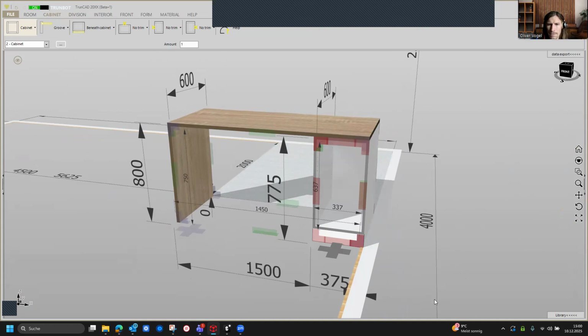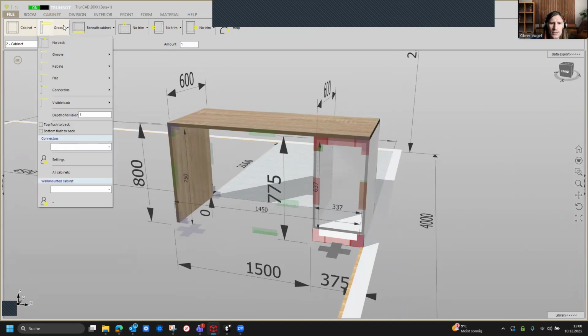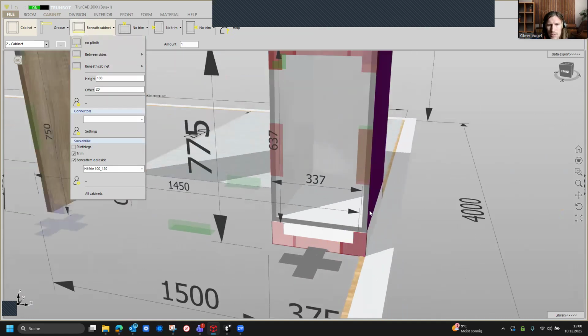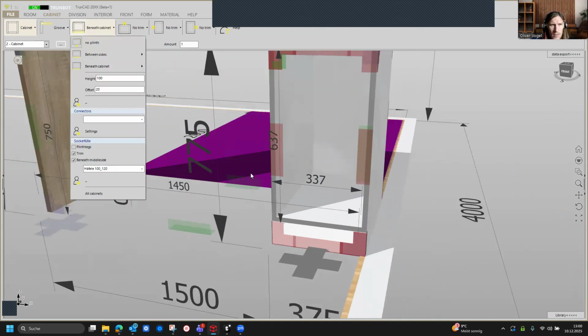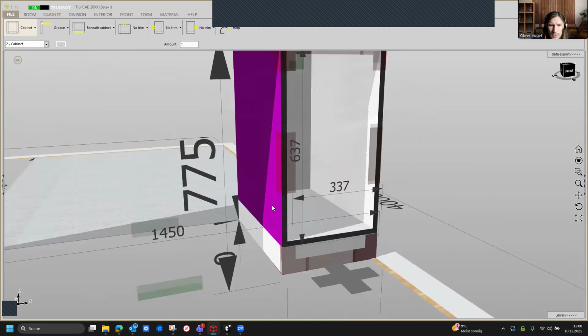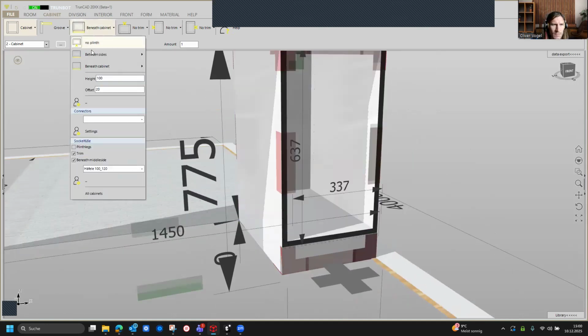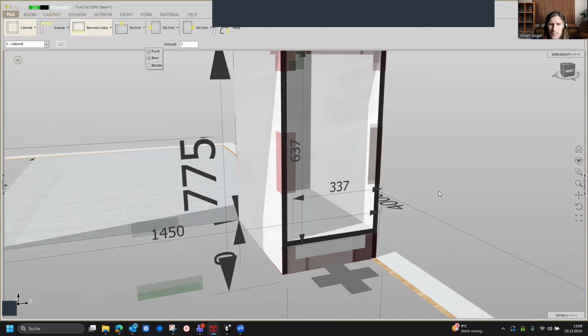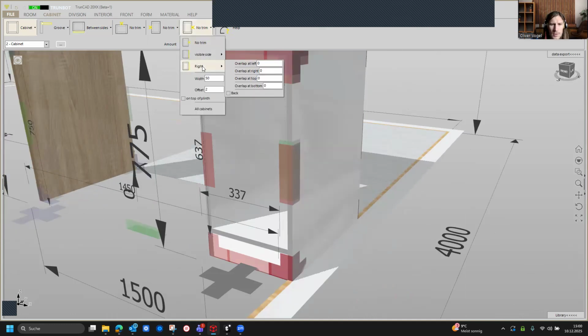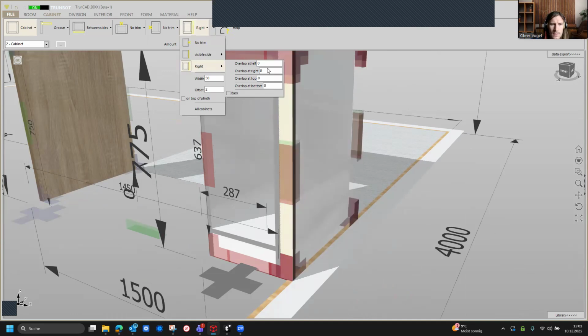All right. So we do want to have a groove back. That's all right. Beneath cabinet, we want to have the cabinet between the sides, not beneath the cabinet, between the sides. That means the side is passing through the bottom. Yeah, like this. And here on the right side, we want to have a trim to the wall, and the